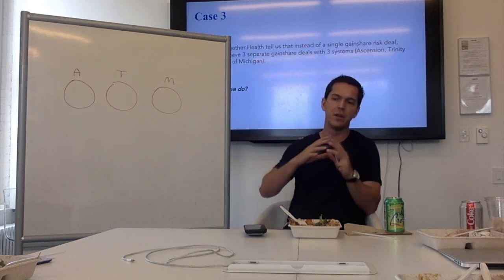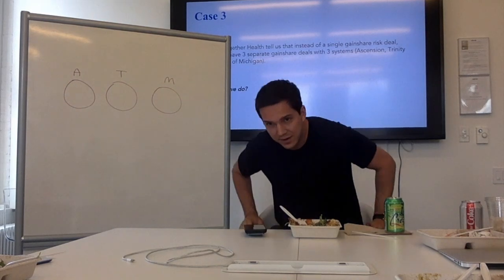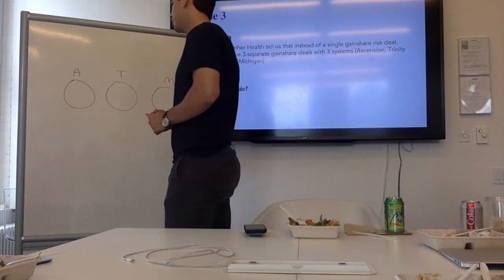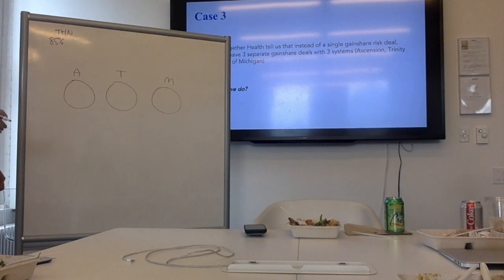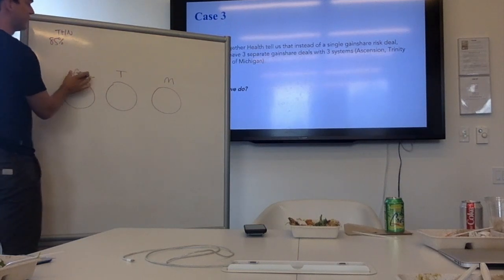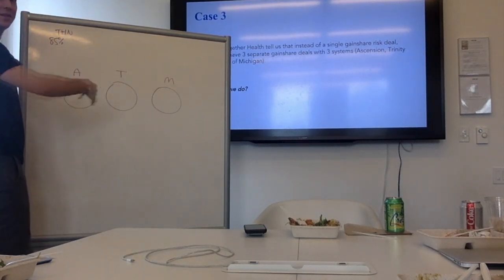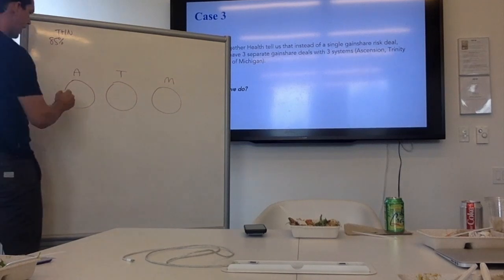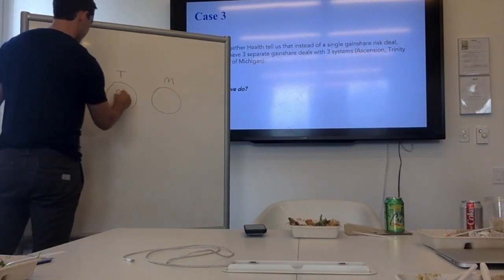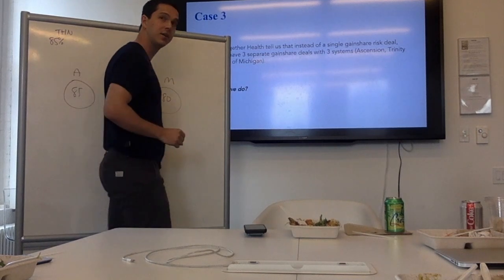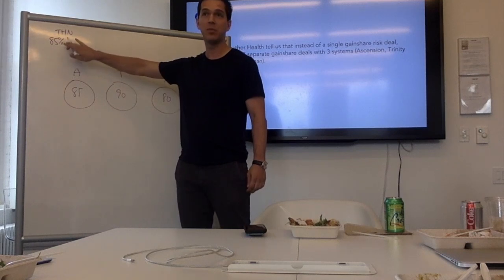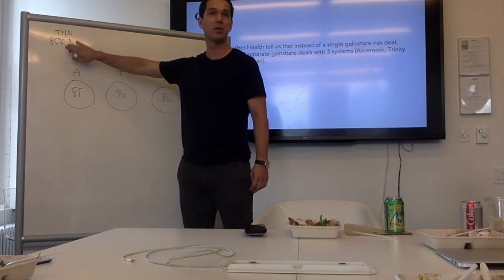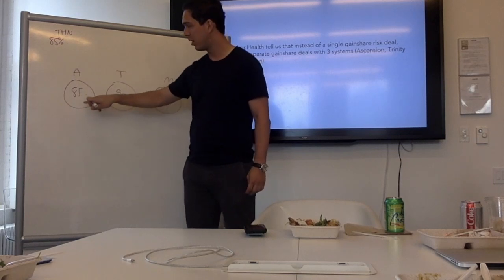So let me go for 1 second. I want to just solidify. Let me do the basic thing just for mechanics, to make sure people get this. Let's say the THN deal was at an 85% MLR, and then there's Ascension, Trinity, Michigan, and let's say they each get 1/3 of the care to make life simple. Ascension is at 85, this one's at 90, this one's at 80. Such that in aggregate, the aggregate market is 85, we don't pay anything out, we meet the target, but there's no gain share. Now, if we go one by one, don't pay anything,